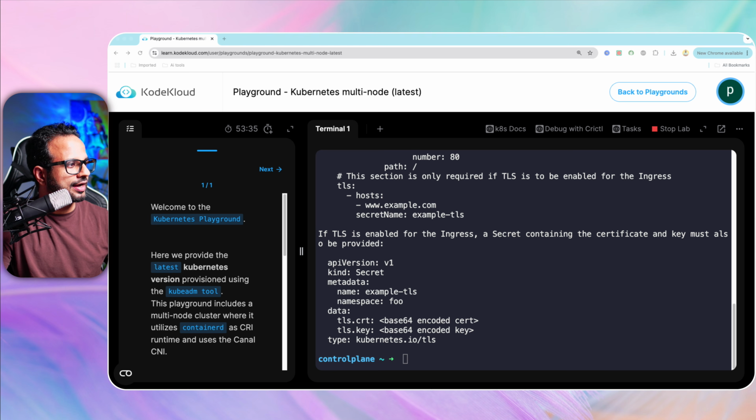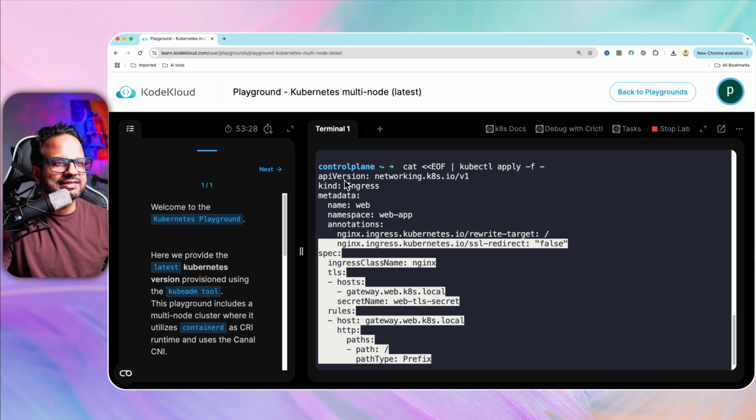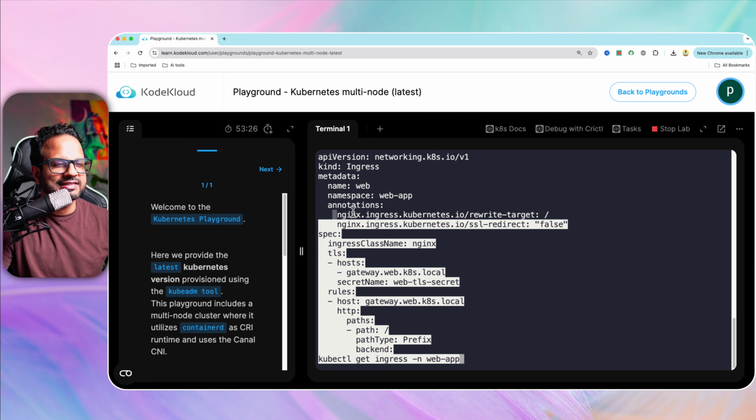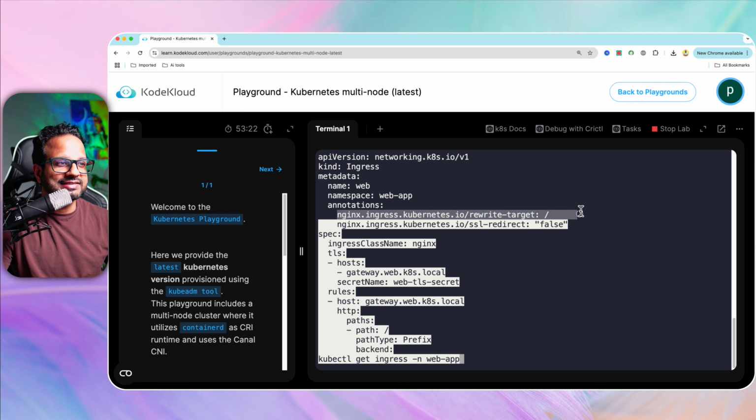Okay, so I have this command that I have copied. I'm gonna paste it over here. So what it will do, as you can see, it's of kind Ingress, and it has these two important annotations for the ingress. This says rewrite target. Okay, so this has to be there for nginx. This is an nginx specific annotation. And then because